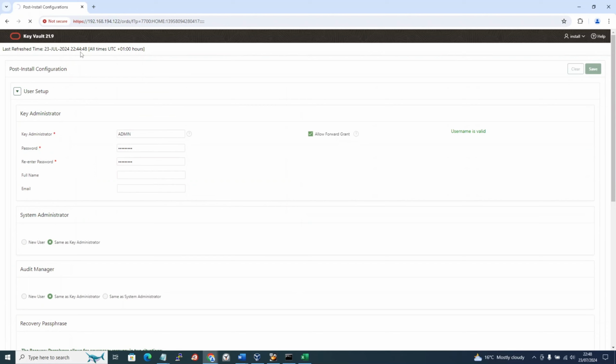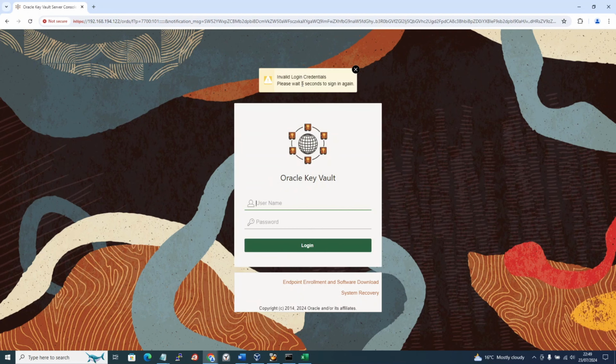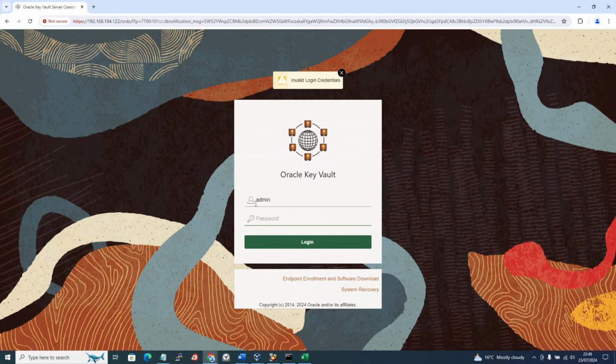Let's see. It's still loading. You can see here. Let's give it a minute. Alright. Now it went to the prompt. This is what Oracle even said. After you create this or save this page, you will never get that page. Okay. Let's see if you are able to log in as root now. It won't, I think, allow you. Reason because root is not a valid administrator user account. Admin is the user account, and